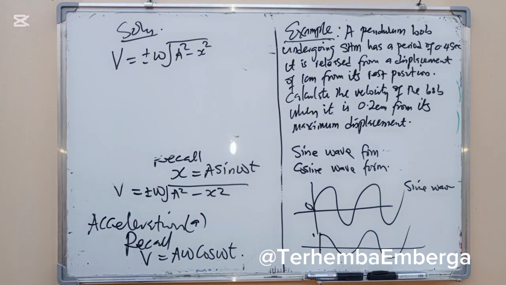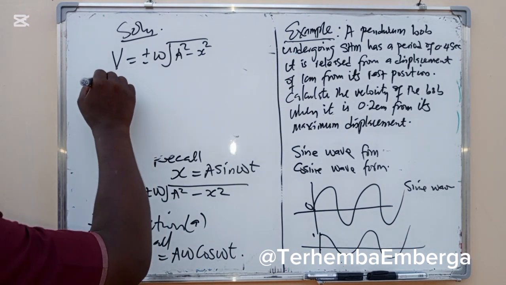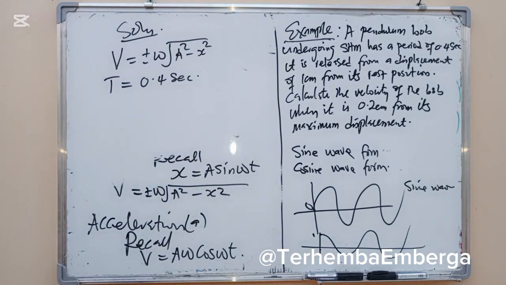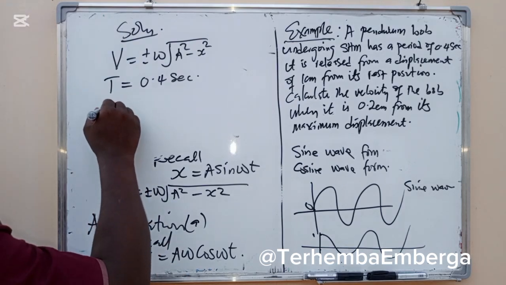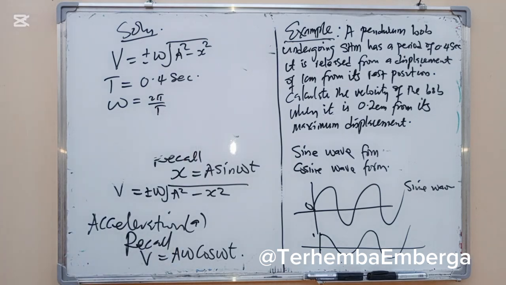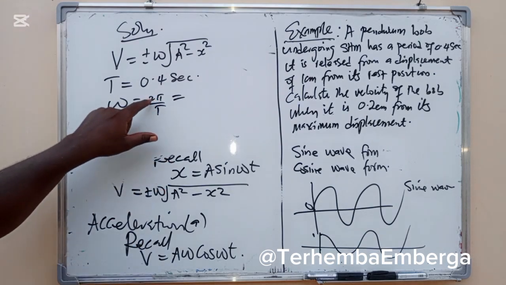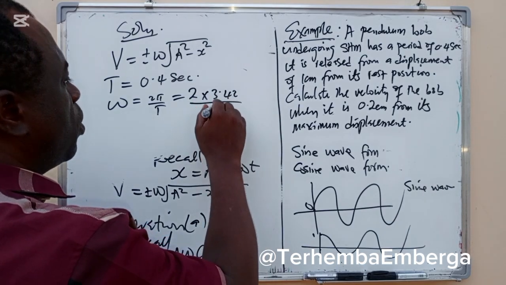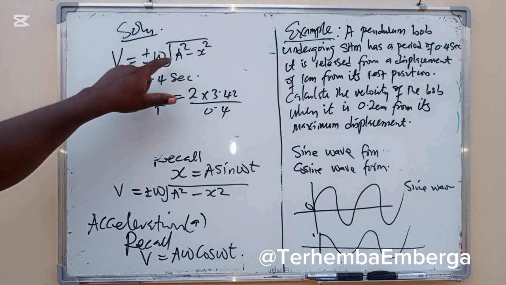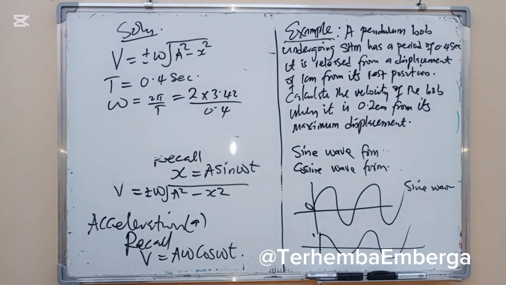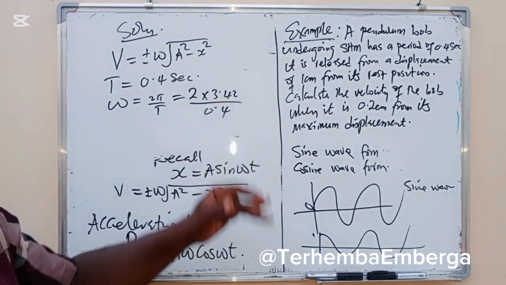So all these parameters are given. Remember, you have T is given as 0.4 seconds. Is that right? So with this, we can calculate omega. Omega is equal to 2 pi all over T, which you can evaluate because pi is a constant. 2 pi, that is 2 times 3.142 divided by 0.4, and that will give you your omega. Amplitude is given, displacement is also given. So you can substitute to get your velocity. Do it and let me